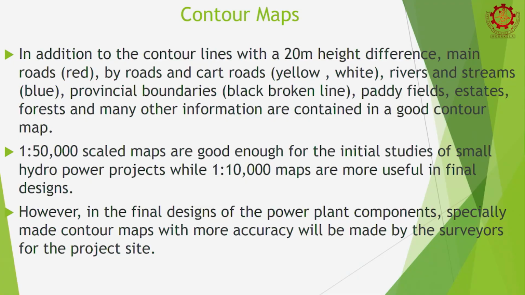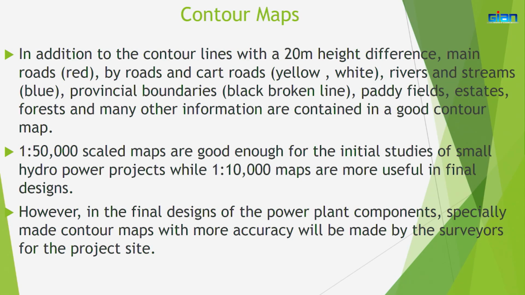And then the provincial boundaries, your state boundaries, all will be in the contour map saying this is the boundary between, say, Tamil Nadu and Odisha or whatever. The lines will all be marked. And the paddy fields, estates, tea estates, forests, all are detailed there. Then you can see from the map that this information is available, and many other information are contained in a